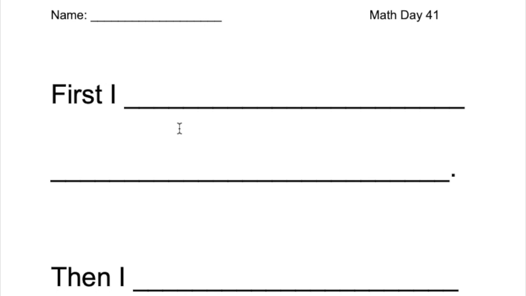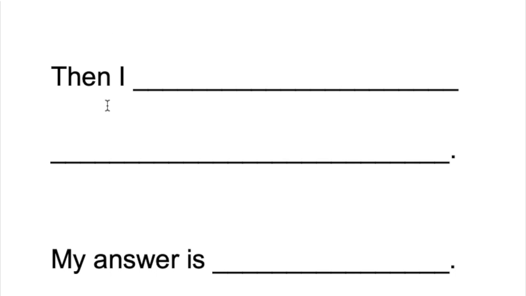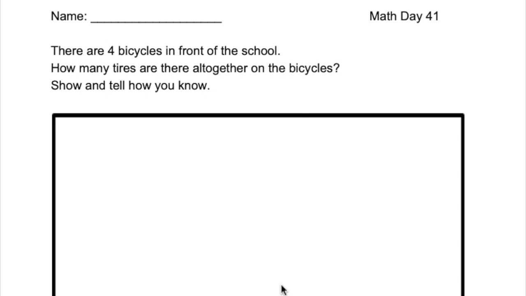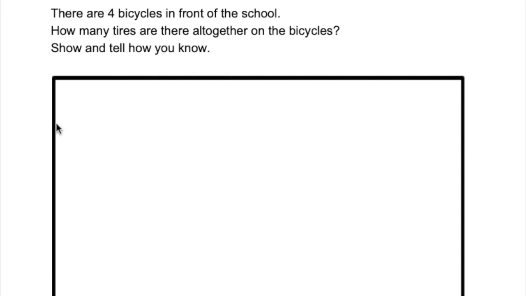So in this box, I should see my picture with numbers and a number sentence. And then your words. First I, then I, my answer is. Remember, if your words go in order, they will match your number sentence, which will match the work that you did. This one's going to be a little bit tricky because your number sentence is going to have a plus a couple times. It's going to be something plus something plus something plus something equals. I want you to give it your